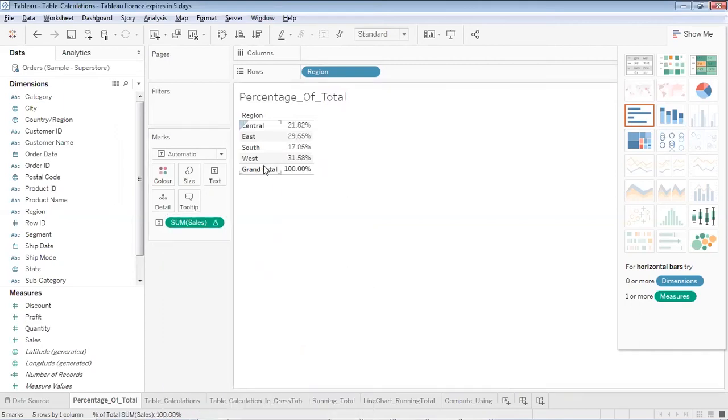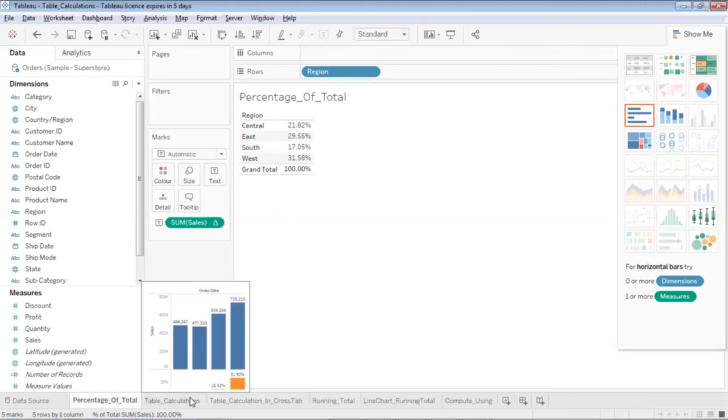Over here, if the grand total is 100%, then 21% of the sales is contributed by the central region, 29% of the total sales is contributed by the eastern region, 31% by the west, and 17% by the south. In this way, I can represent my data as a percentage of the total. So that was a very basic example of using a table calculation.